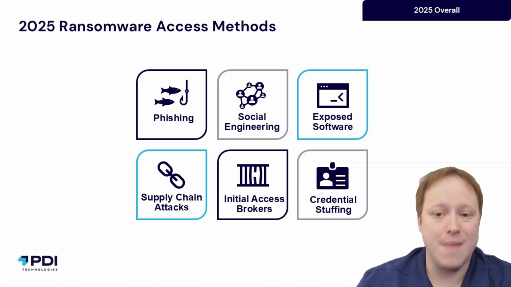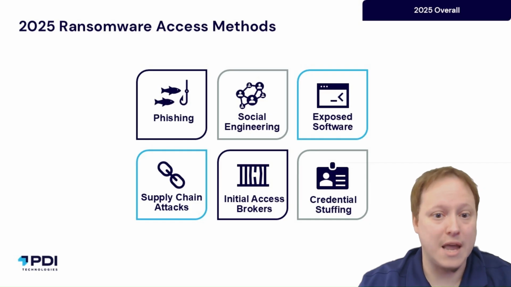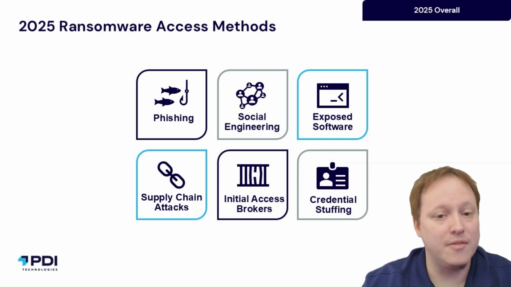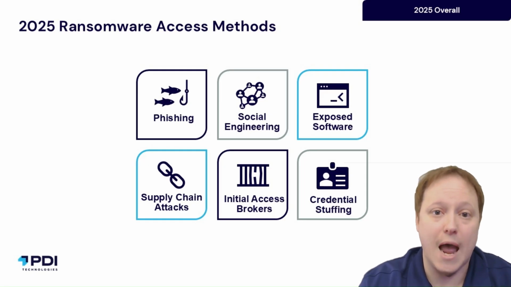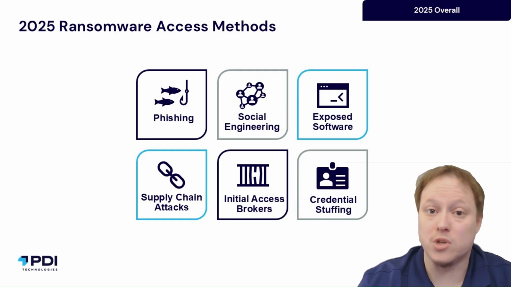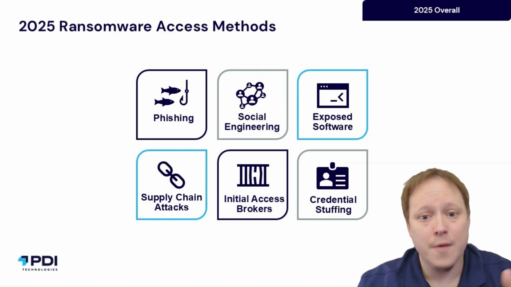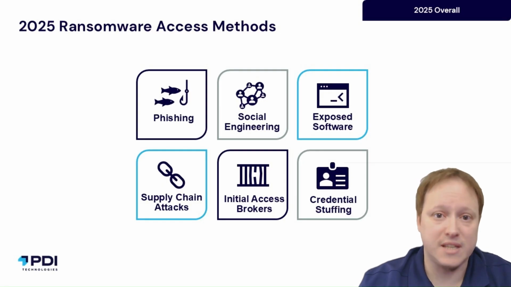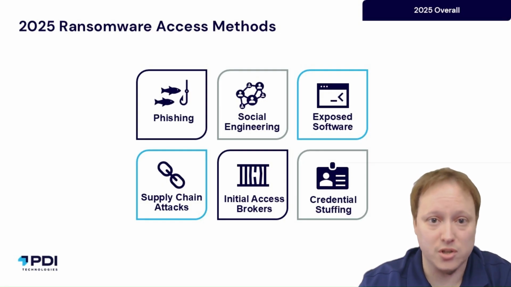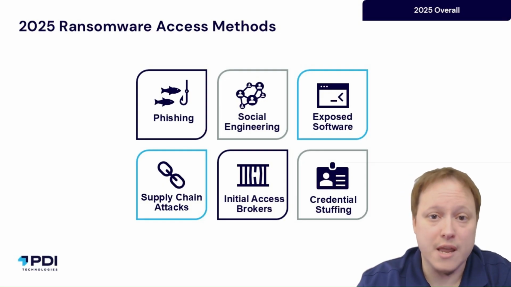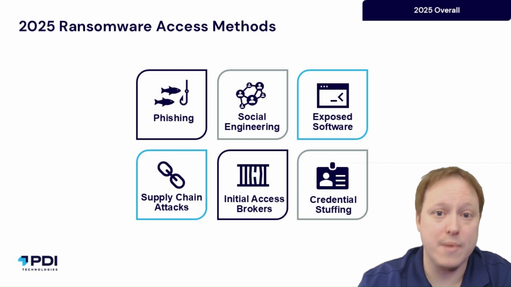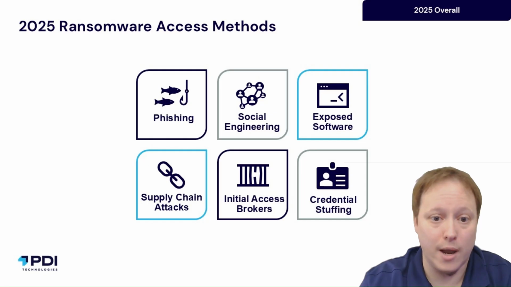So when we look at the different methods of how these ransomware attackers are getting in, we've mentioned a few of them already, but nonetheless, what we are seeing here is, again, a number of phishing attacks, and now even more leaning into social engineering attacks, things such as ClickFix, which we'll talk about further in our exploit section. What we're also seeing, again, is they're constantly scanning the internet, looking for exposed servers and software applications, and looking to see, are they insecurely configured, or do they have known vulnerabilities available for them? And if so, they're striking and attacking those to try to find the way into the network that way.